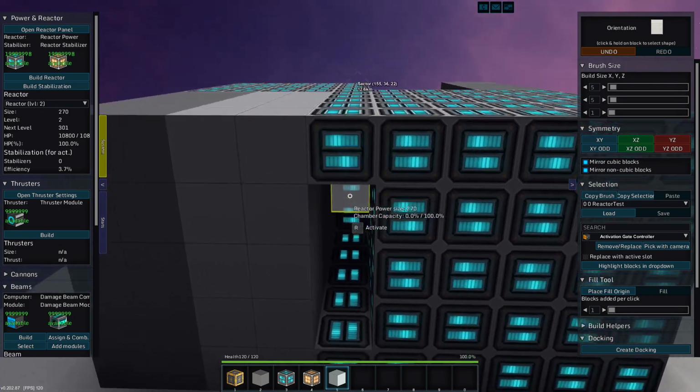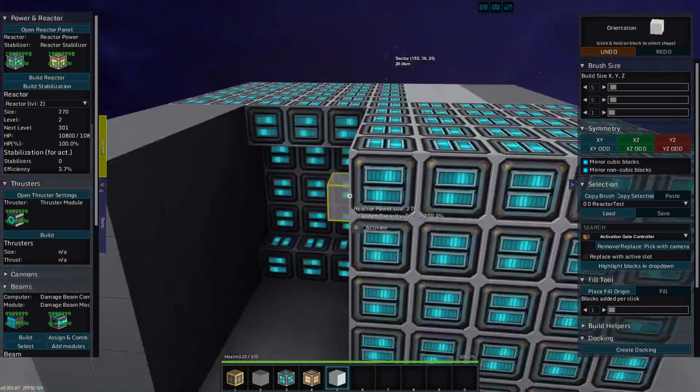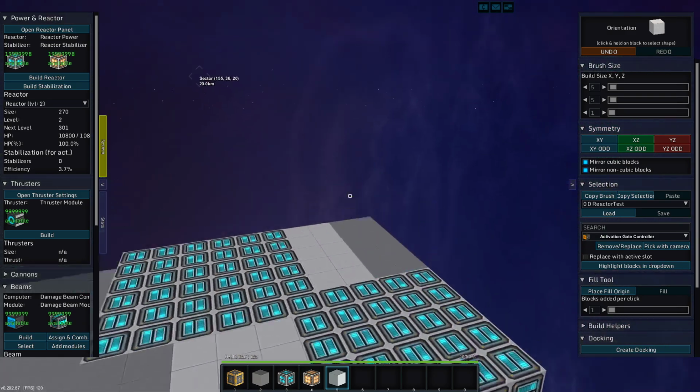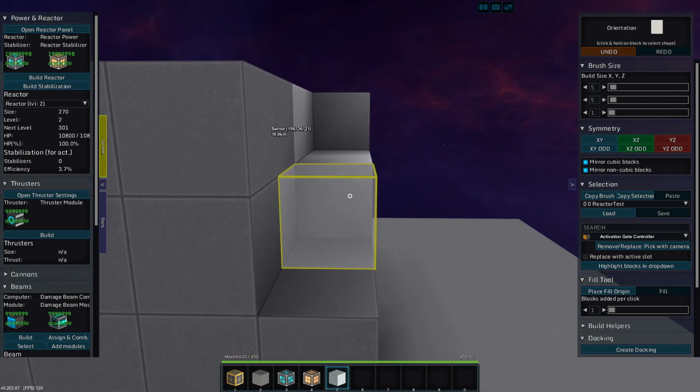Why Gray Basic? Because Gray Basic is anti-explosion. It'll absorb explosion damage more. Why aren't you laying with standard armor to get that sweet HP? That is an excellent question. All right, so